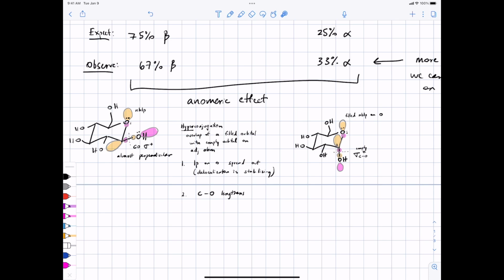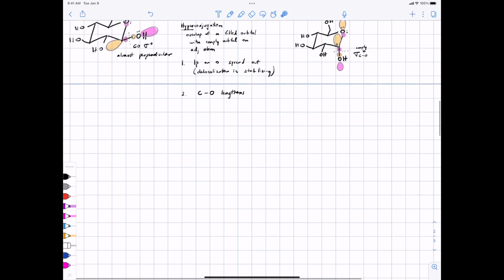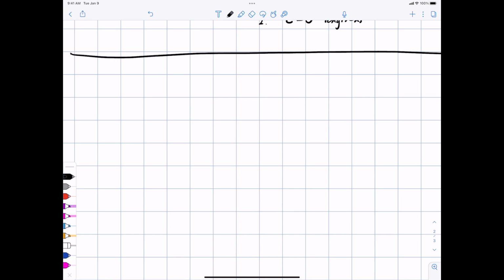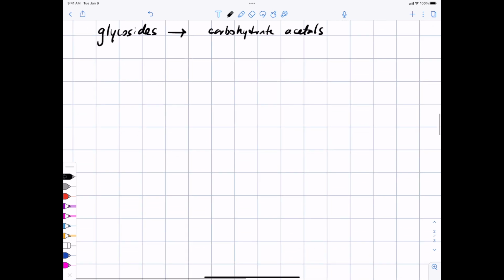What I want to do now is talk about glycosides, which are sugar acetals. And this will give us a chance to talk about carbohydrates that are longer than just one sugar. So, a simple glycoside you can make by taking